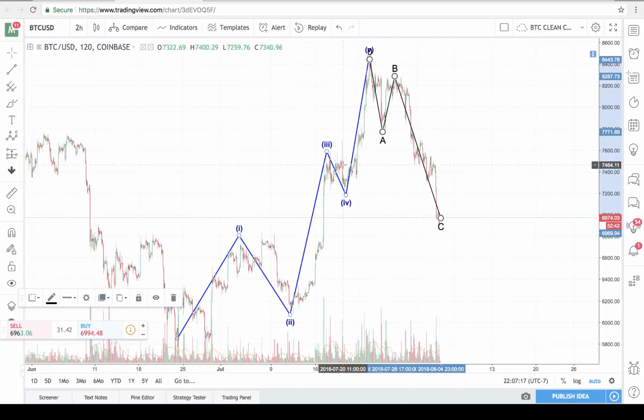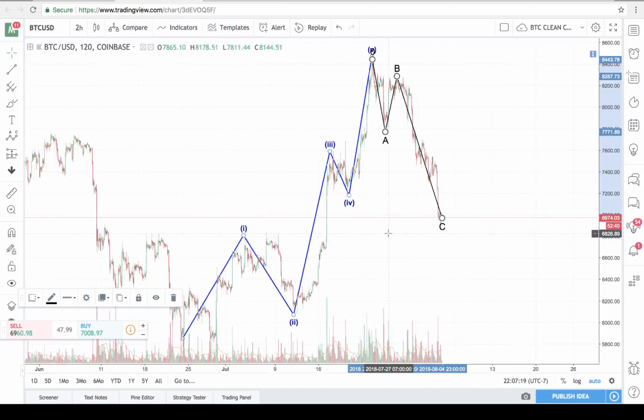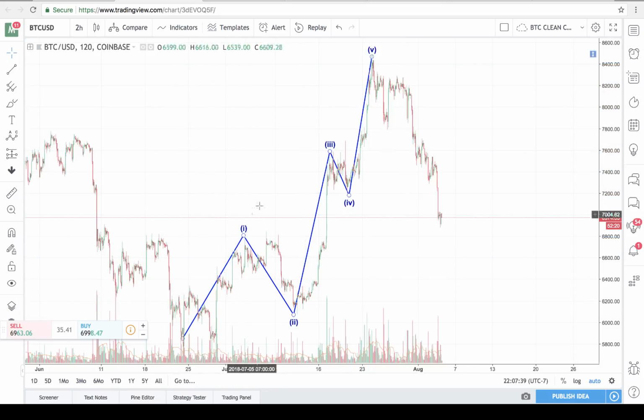The particular issue I have with this count here is just the symmetry of the entire thing. Normally in Elliott wave we talk about the right look, and this just doesn't have that right look. We got a deep wave 2 and a shallow wave 4, which is fine. But if we look at the structure of this thing and we look at the channeling here, our 2nd, 3rd, 4th, and 5th wave all fit in a nice channel. But this 1st wave is way out of that channel, and that's not what we tend to see in Elliott